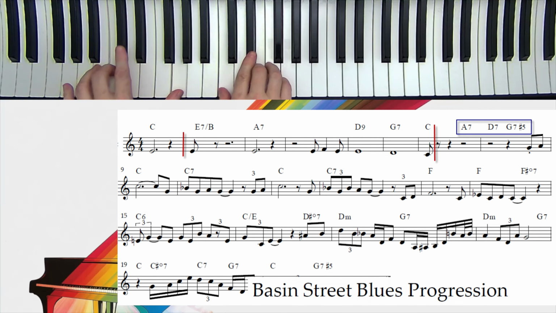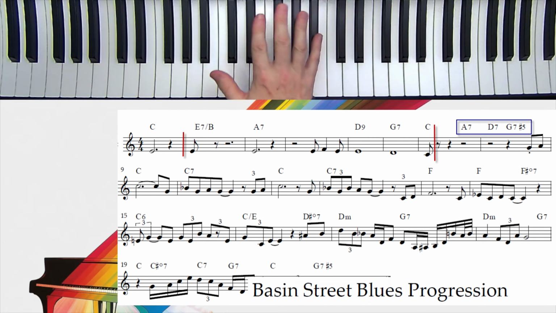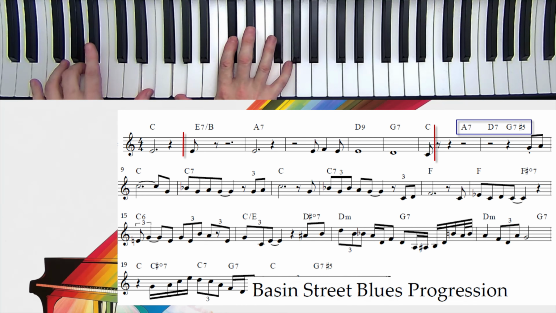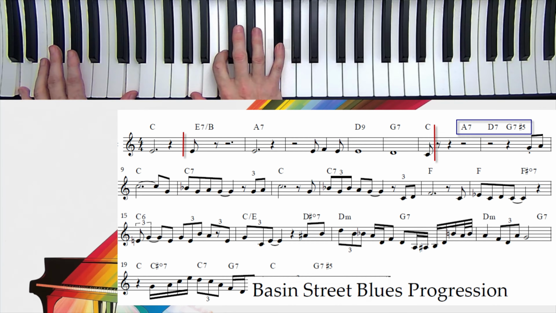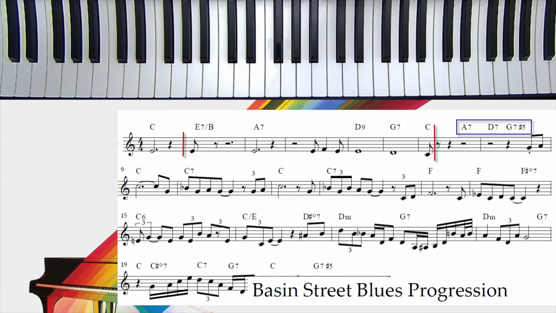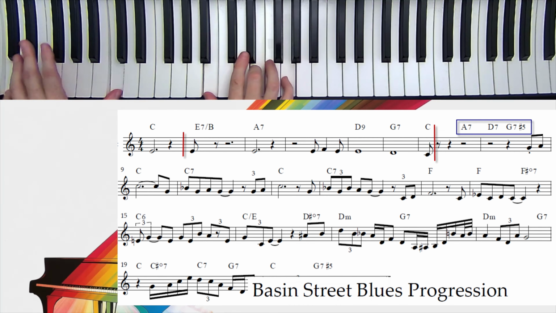So the type of dominant you play actually does not matter. It will still flow, so you could throw in a bunch of extensions here. So if I'm going to do an E7, I could throw in a sharp 9 to the A7, stuff like that, and continue on with the dominant chain. The point is that any type of dominant chord you choose will work. So if I do something like this,